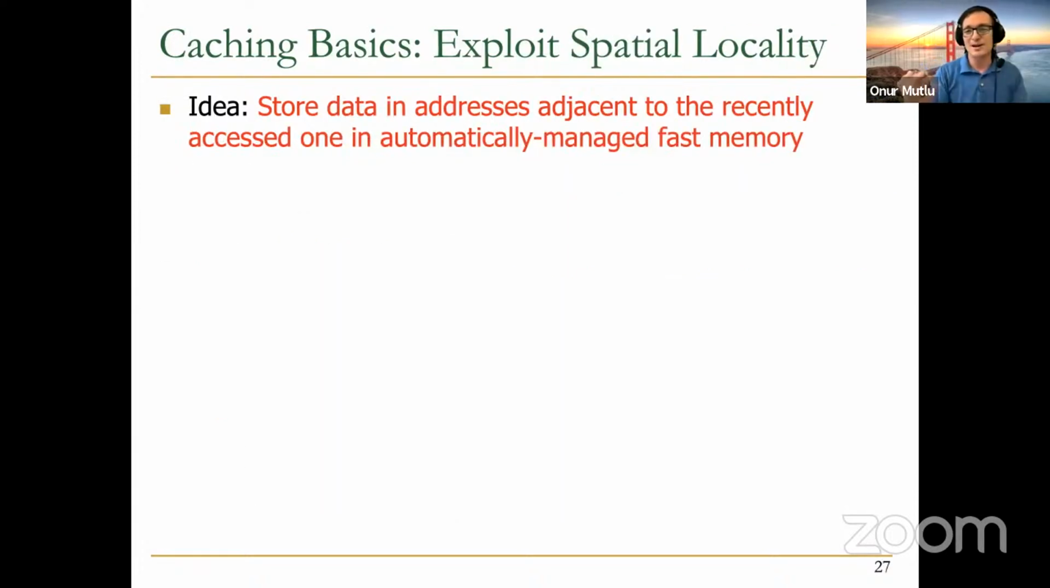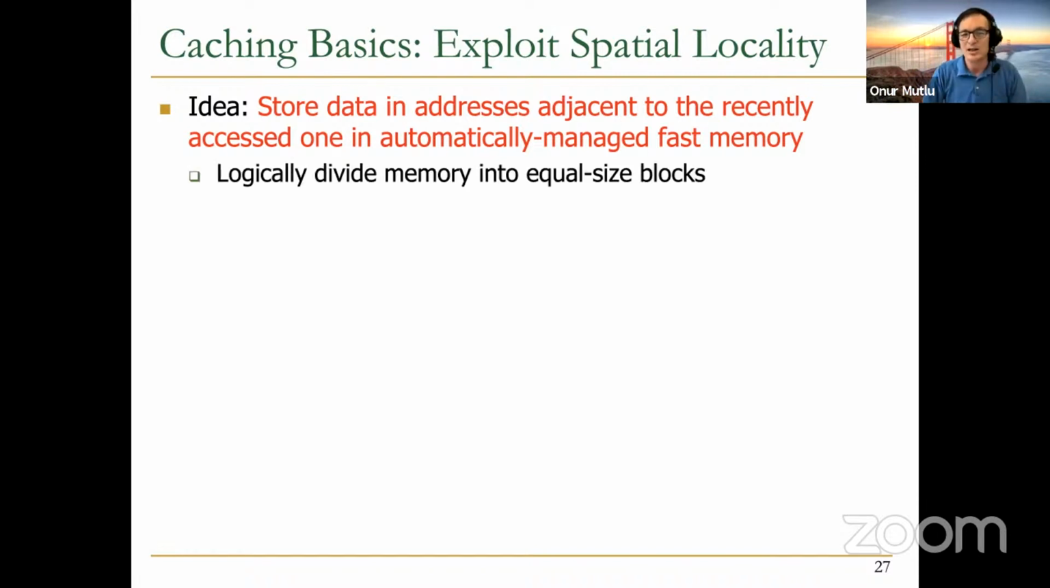Okay, so let's talk about spatial locality also. The idea in exploiting spatial locality in a cache is that we would like to store the data in memory addresses adjacent to the recently accessed one in automatically managed fast memory, called a cache. So we don't just store the recently accessed location, but we also store the data in addresses that are adjacent to that location. We store a block, which is called a cache block or cache line, as we will see. To be able to do this, you need to logically divide memory into equal